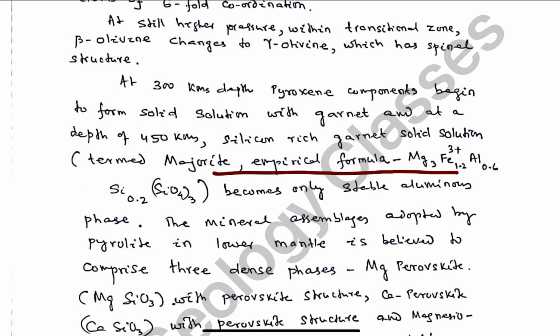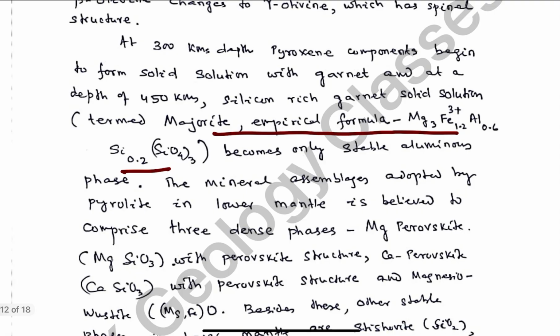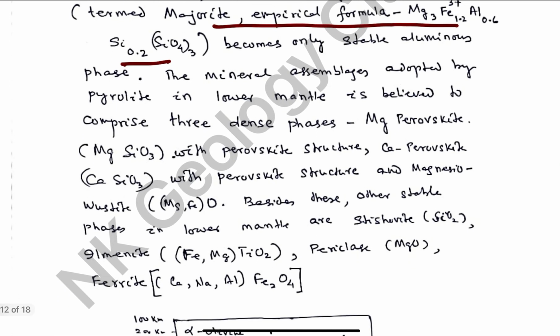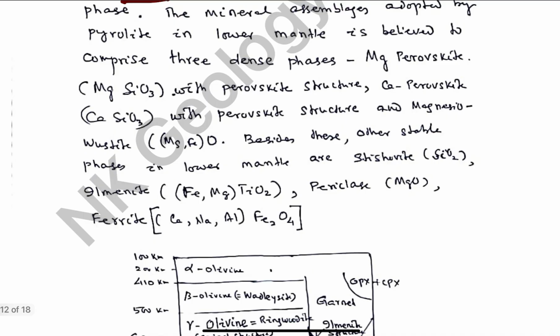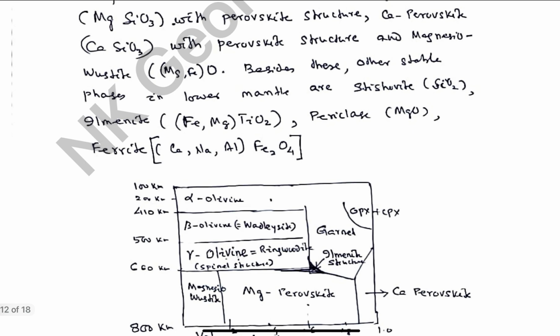Majorite is being produced in the transitional zone from the pyroxenes, making solid solution with the garnets. So olivines show conversion from alpha olivine to beta olivine to gamma olivine within the transitional zone, and pyroxenes show change to majorite. And below the upper mantle, below 660 kilometers depth, they all change to perovskite,